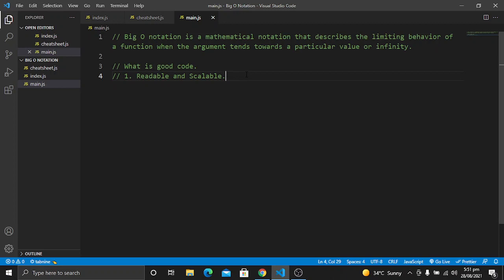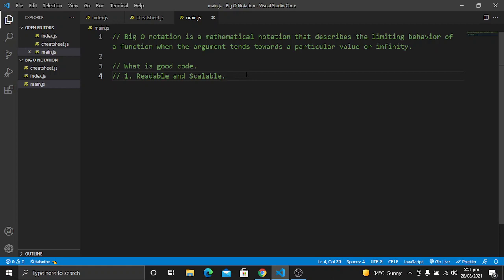So this is what scalable means. When we write code in the initial state, we have to understand all of the consequences if something happens, or if the user database grows, or what will happen in the future. So we have to keep all of the views in our mind. So this is what scalable means. So this is very important.